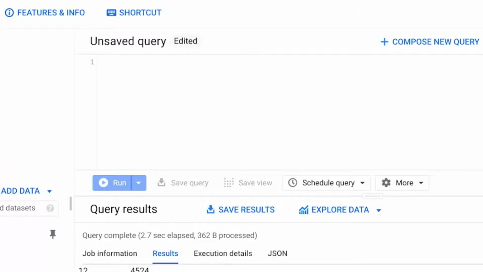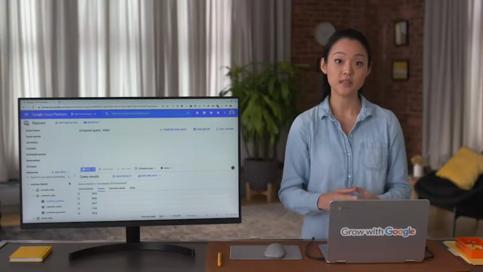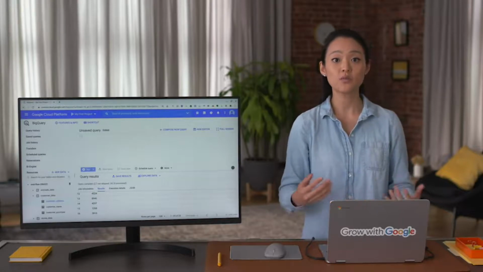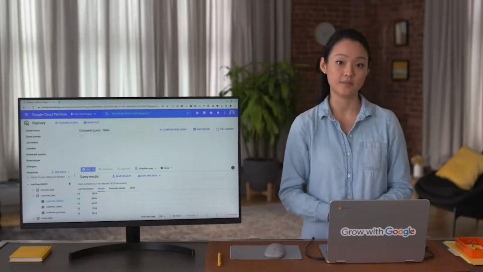For example, let's check out the state column in our customer_address table. Just like we did for the country column, we want to make sure the state column has the consistent number of letters. So let's use the length function again to learn if we have any state that has more than 2 letters, which is what we would expect to find in our data table.